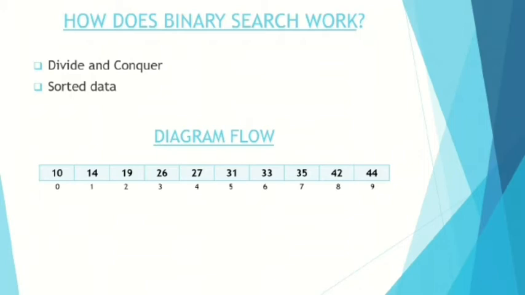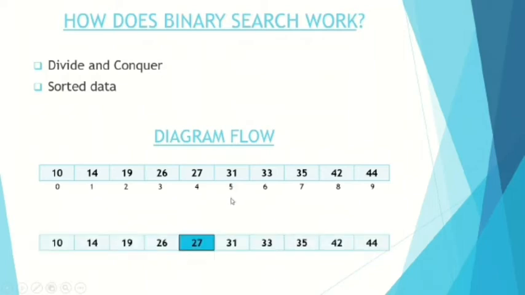This is our sorted array, and let us assume that we need to search the location value of 31 using binary search. First, we shall determine half of the array by using the formula mid equals low plus high by 2. Our lowest value is 0 and highest value is 9. So 0 plus 9 by 2 is 4. It takes integer values, so no decimals. So 4 is the mid of the array.